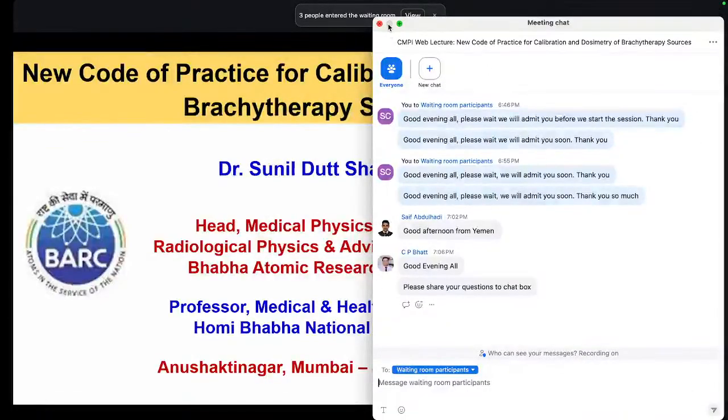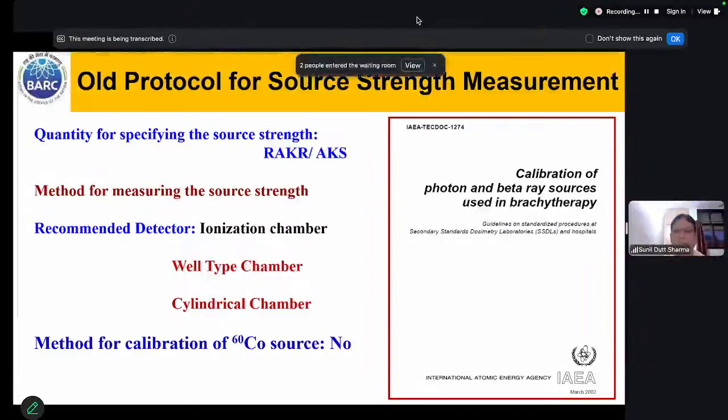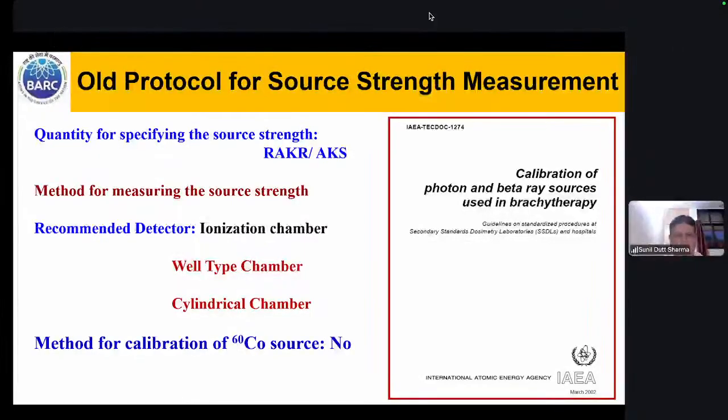I will be talking on the new code of practice for calibration and dosimetry of brachytherapy sources. To start with, when we talk about the calibration of a brachytherapy source, we always like to look for the method, procedure, instruments, and quantity. We were doing the work in our own way. For example, we used to use one kind of detector, others used another kind of detector. So just to have some kind of harmonization, IAEA introduced some technical guidelines through a publication called TecDoc